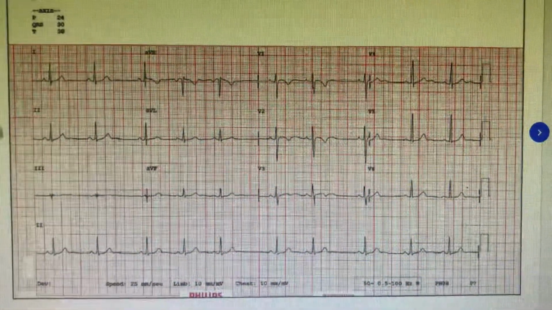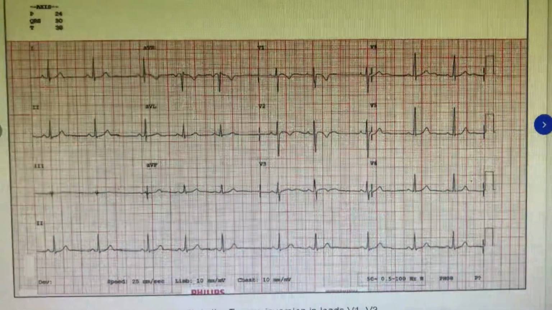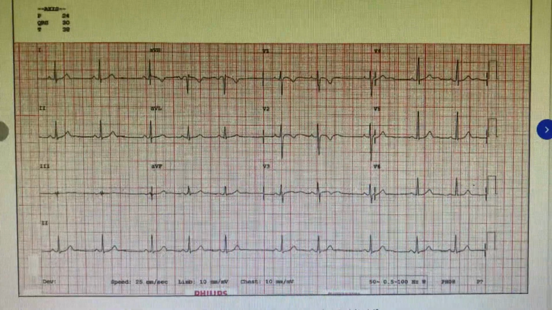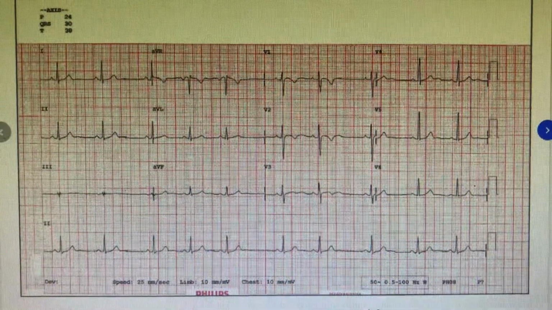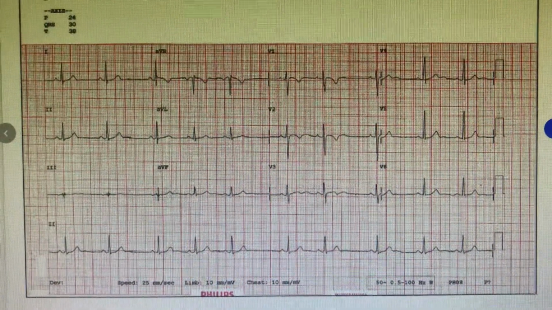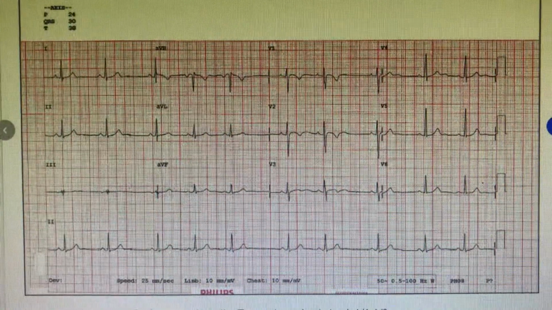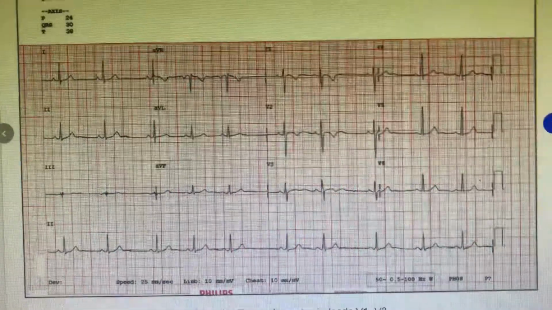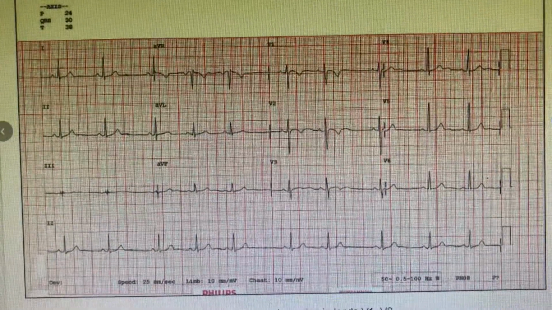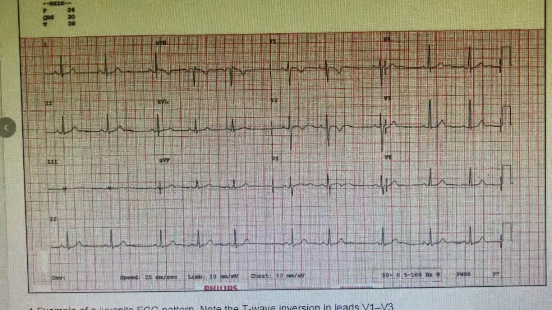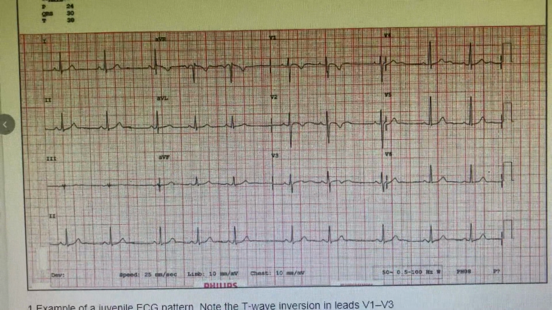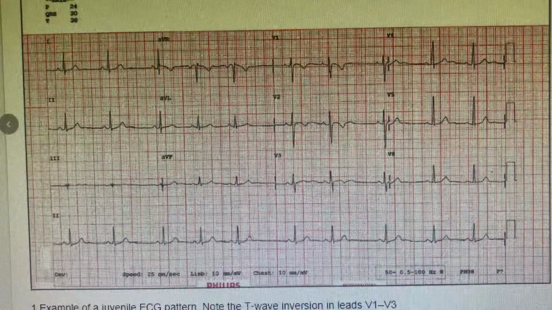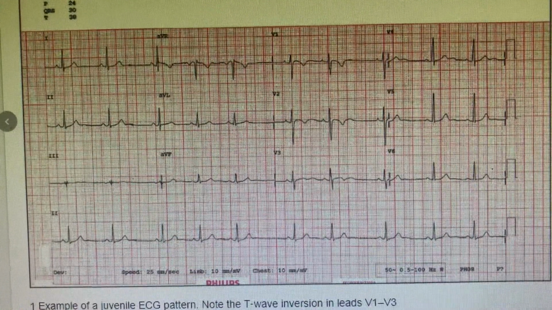So we are discussing another condition for the differential diagnosis of deep T wave inversions in the anterolateral leads. But as you can see, there are only minor changes in leads V1, V2, V3. This is more often seen in females, the juvenile pattern, like the pediatric population, because you know that during birth the RV will be under pressure of the left side system of the body, because the